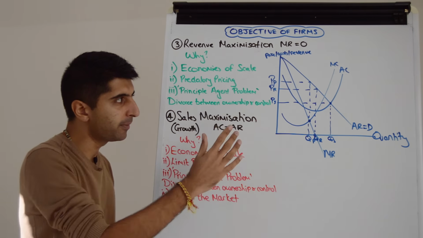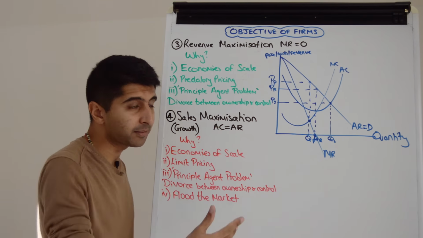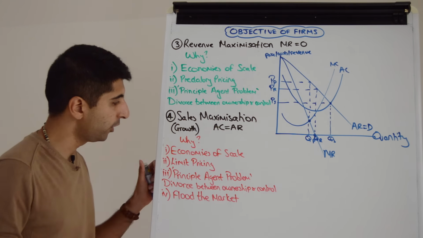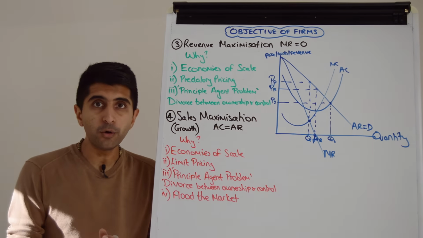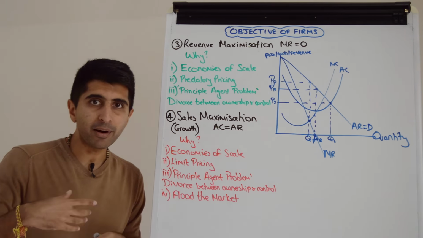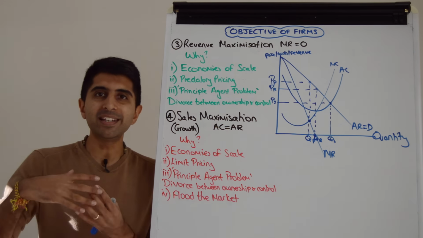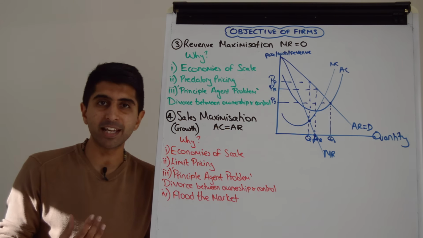Okay, great. Again, from this diagram, we can get some core reasons why a business might want to do this and maximize their growth here, maximize their output. One reason, again, is economies of scale, as we said before. Another reason, though, is that this price represents the limit price. If you price it break even at normal profit, it takes away the incentive for new firms to enter the market. Thus, you are limiting competition.